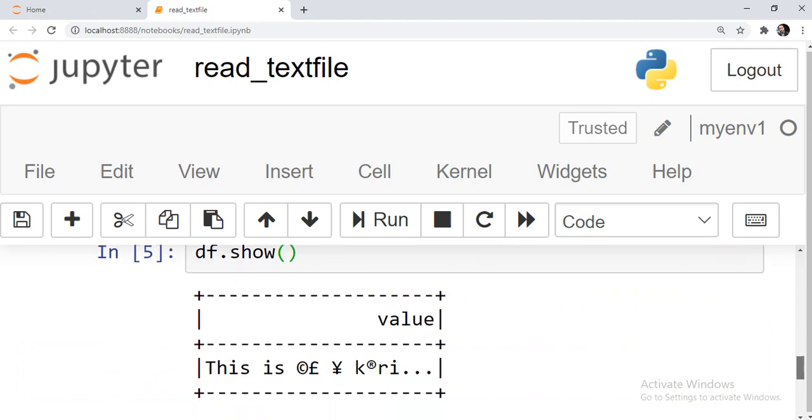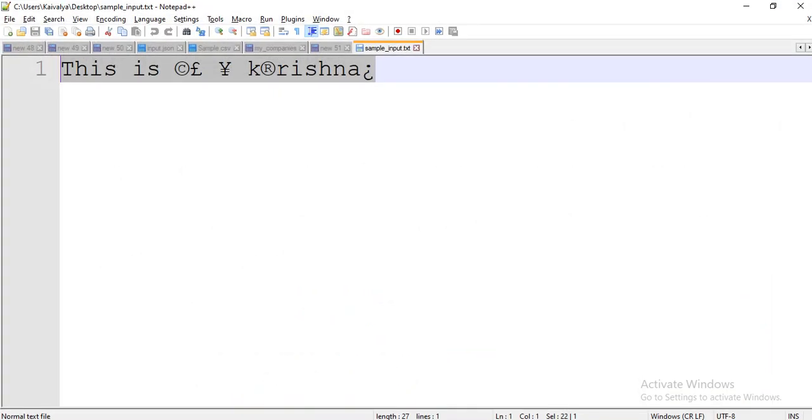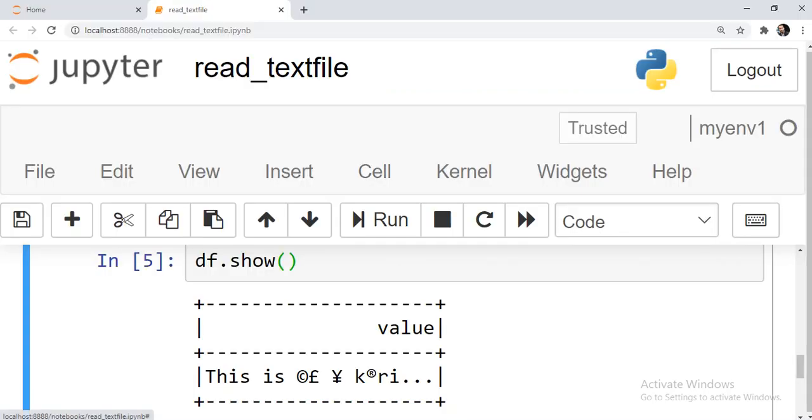Yeah, it is showing one column with whatever row we read, and it is not completely printing that line. The line is quite long and it is not visible in the single row that the Spark data frame is showing. So for that, you can specify two parameters to this show command. The first parameter is the number of rows, and you have to pass false if you don't want to trim the result in a single cell or single row.